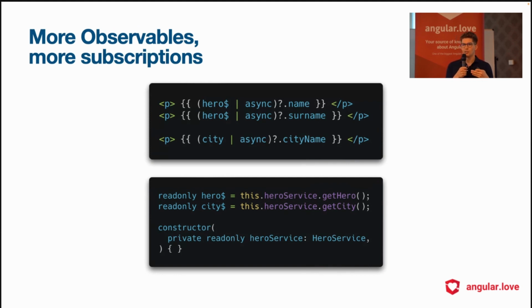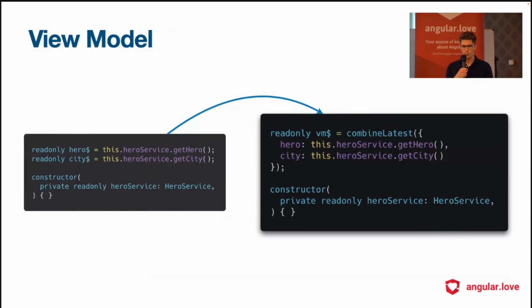And there are some libraries that tackle that problem, for example, by implementing their own versions of the async pipe. And that's all good, you can use it. But still, I would like to show you a technique to limit the number of async pipes in your template without really a need for any external library whatsoever. And for that, we can use the view model